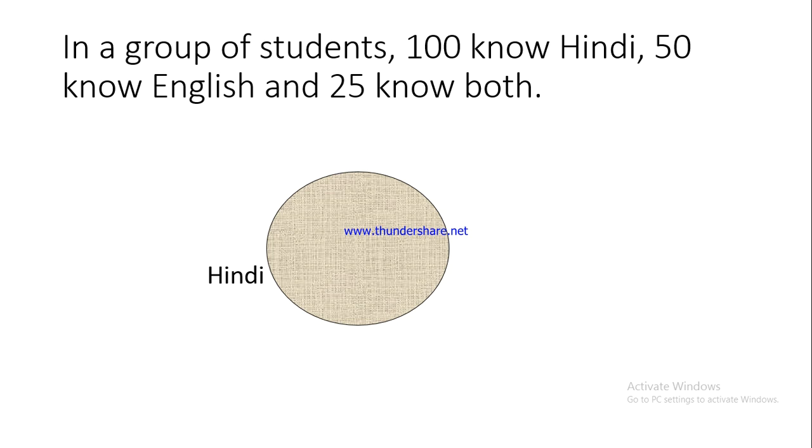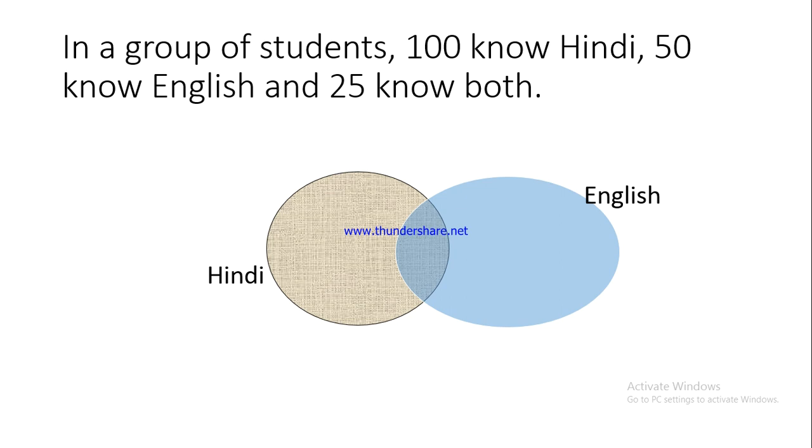Now whenever we are having these kind of questions, what you have to do is you have to basically draw two overlapping circles. So I have drawn the second overlapping circle, the circle which is overlapping the first circle. This one is blue in color, so I'll call it the blue circle, and it is denoting the number of students who know English. And the overlap in the middle, the overlap of the Hindi circle and the English circle that you see in the middle of the screen,